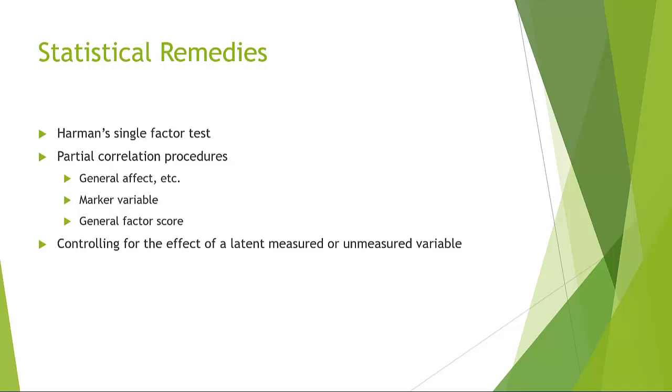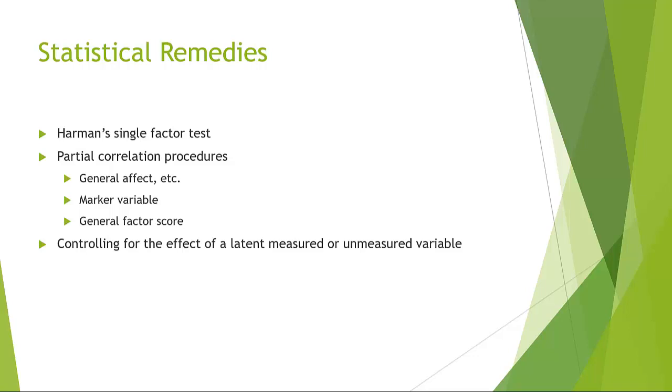We can use a marker variable. A marker variable is a variable that's supposed to be theoretically unrelated to our construct of interest. As an example, I could look at water quality, or maybe something like shoe size if I was looking at behavioral variables, and then partial out any type of relationship that was due to water quality or shoe size in the relationship between our independent and our dependent variable, to get a better idea as to the extent of common method variance and whether the relationship is significant